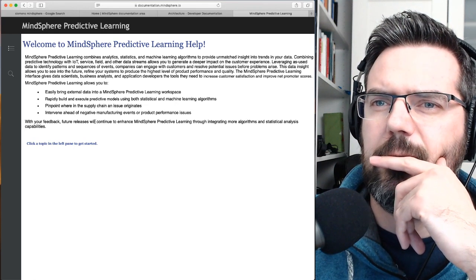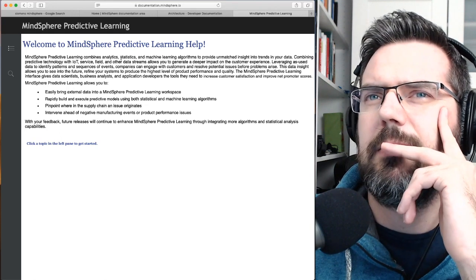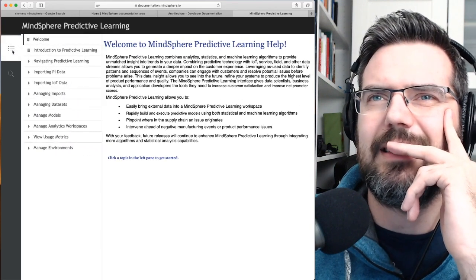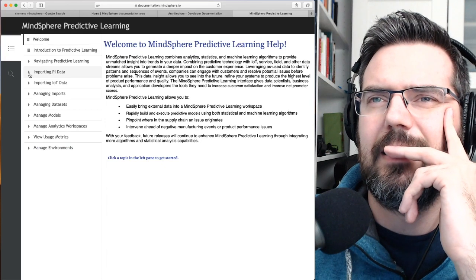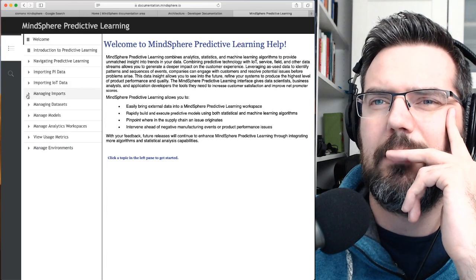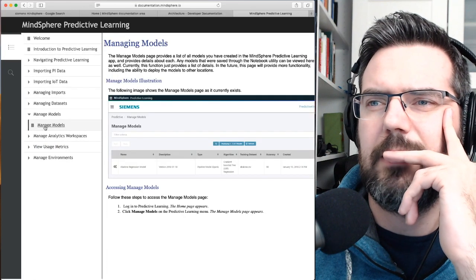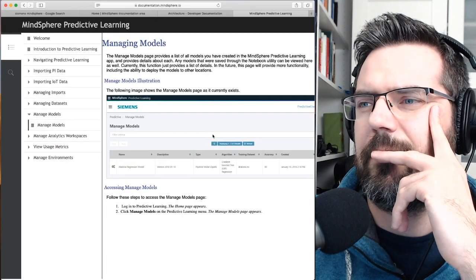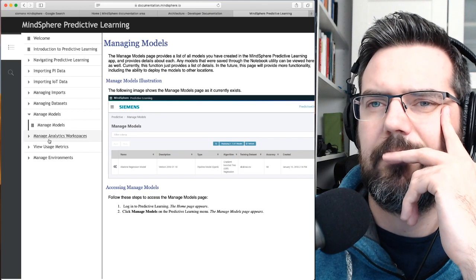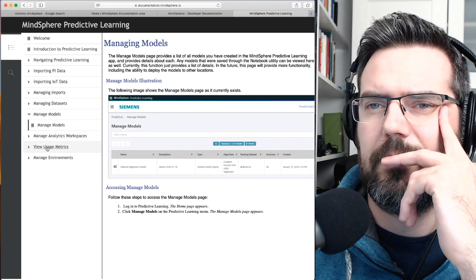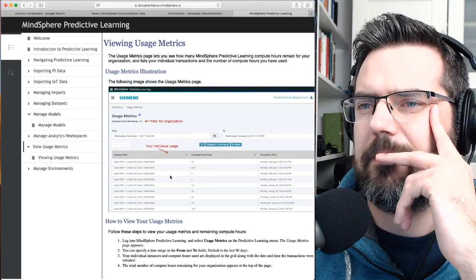Okay. Feedback. Mindsphere predictive learning help. How does that site look? Importing IoT data, managing import, manage models. Interesting. Okay. Metrics.